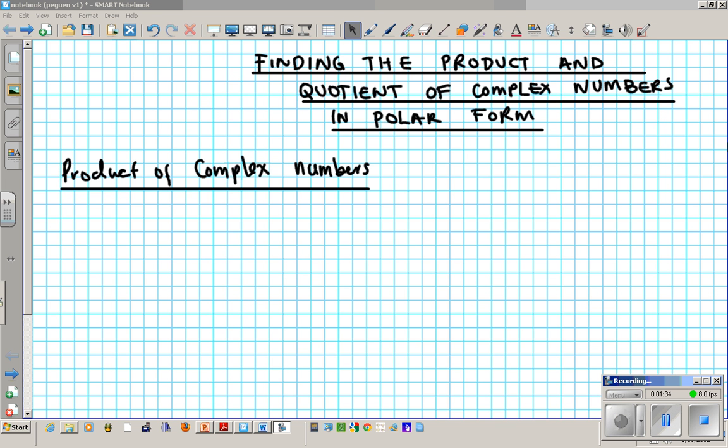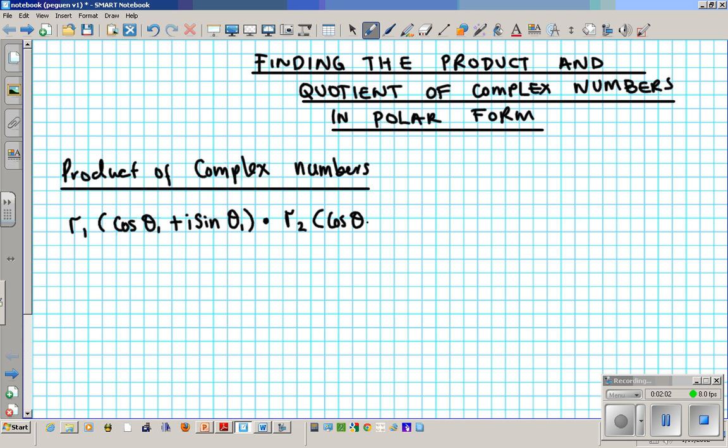Alright, so the formula for the product of complex numbers is we have the first complex number r1 times cosine theta 1 plus i sine theta 1. This is the first complex number multiplied by another complex number indexed by 2, r2 times cosine theta 2 plus i sine theta 2. If we have two complex numbers being multiplied like this, the formula is going